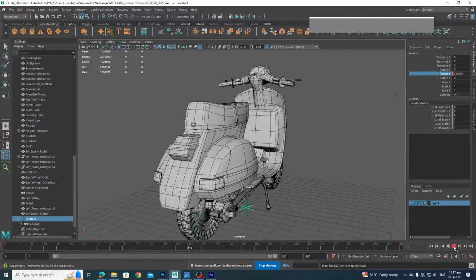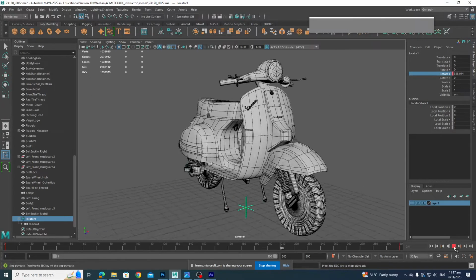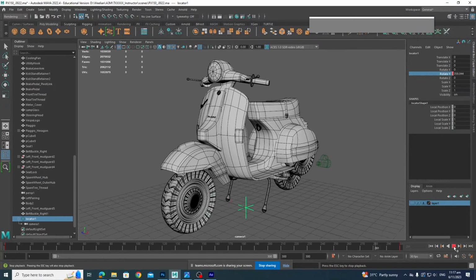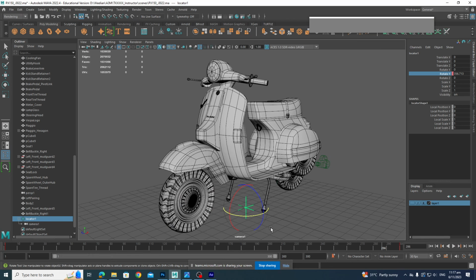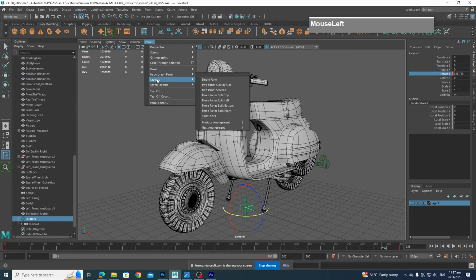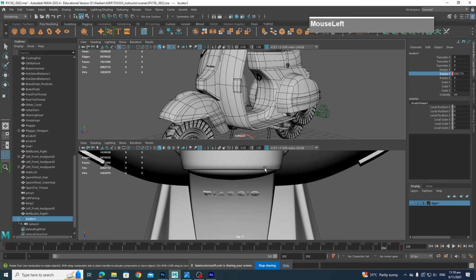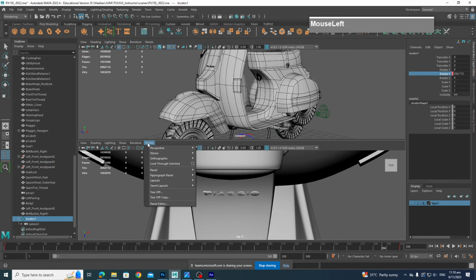However, I don't like the acceleration and deceleration of the animation. So I want to go over to the graph editor and change the rotation acceleration of the locator. To do that, I'm going to split my view into top and bottom. So go to panels, layouts, 2 panes, split top and bottom, stacked like that. Now you can see that I have one pane on top, which is our perspective view, and my pane at the bottom here, which I can change into